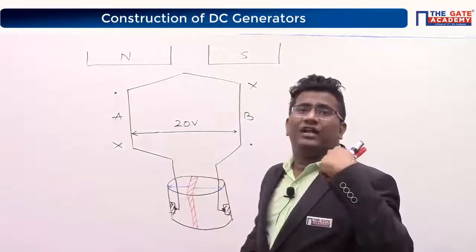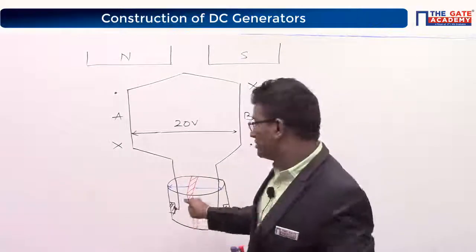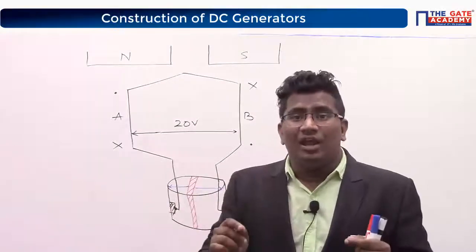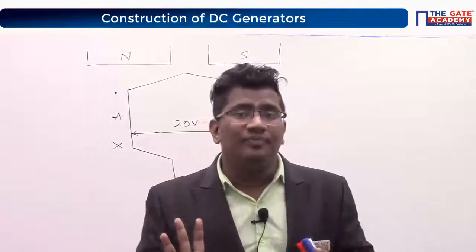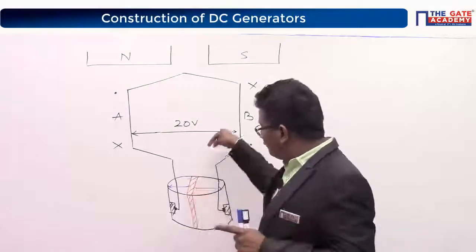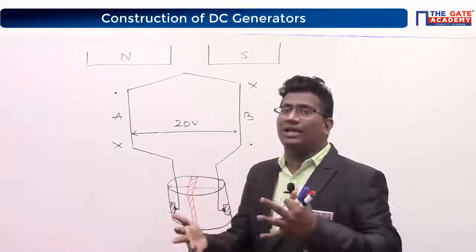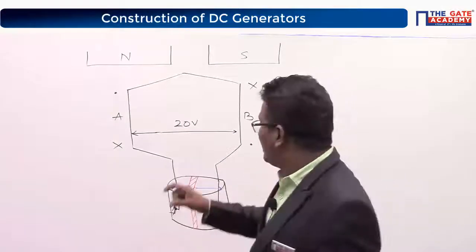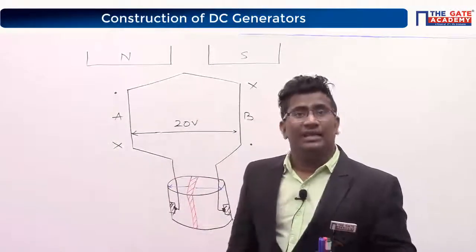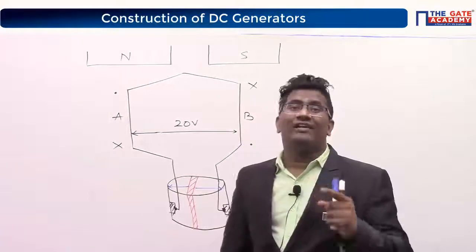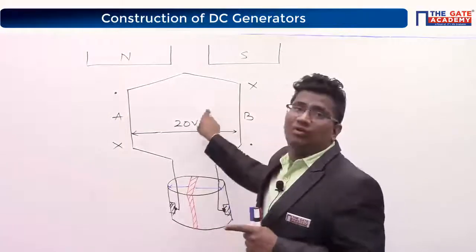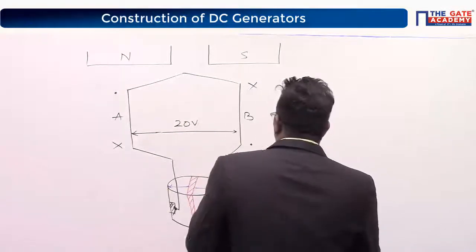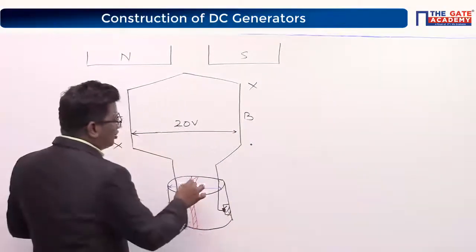Tell me, after breakdown of this insulation medium, now again, are the two conductors short circuited or not? Once the insulation breaks down because of over voltage, can I say these two conductors are again short circuited? Again short circuited means again large circulating currents will be produced or not? Yes. So therefore we should never apply more than 20 volts across this coil, each coil. This is what is called an insulating medium.